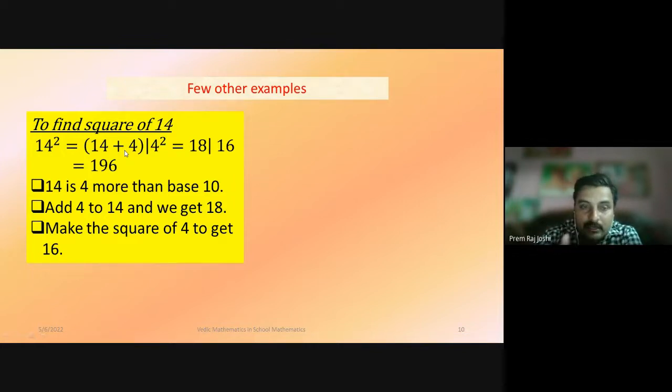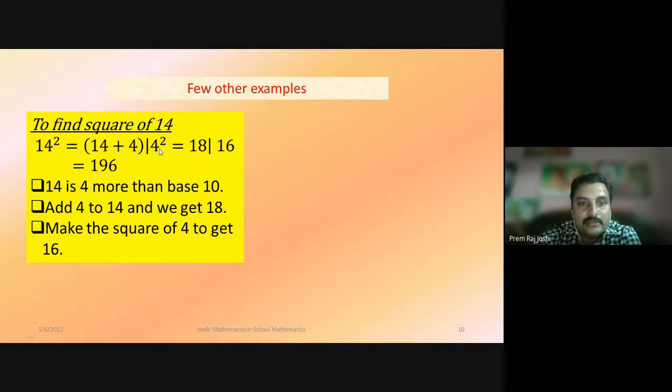So if the number is deficient than the base, we will subtract. But if the number is greater than the base, we will add that, what we say, the added numbers. I mean it is 4 more than the base. Okay, and we will add that more value to that number, 14 plus 4, and we will